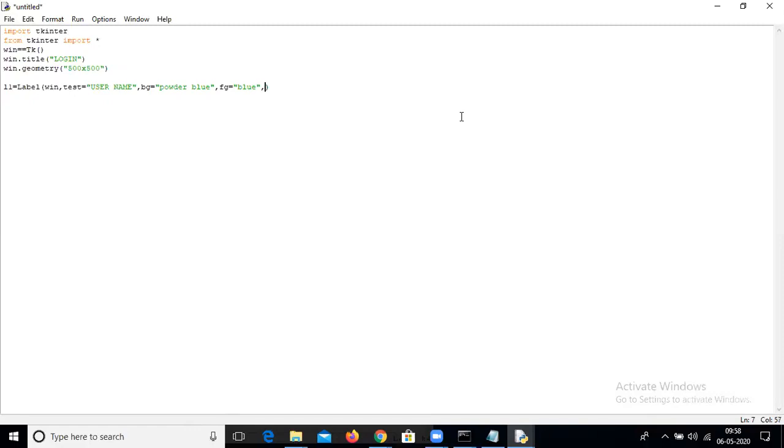If you want some stylish font, write down like this, font. Inside this font, what type of font you need? Suppose I need Arial. What is the size of font you need? Just mention. Suppose I need the size of font is 16. You want it bold or regular or italic? Mention it here. I need bold. Okay. This is the label. Label has been created.